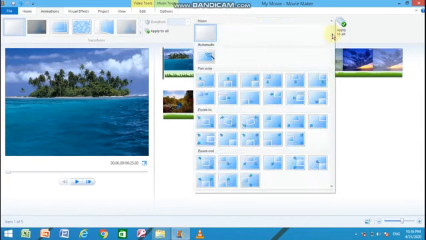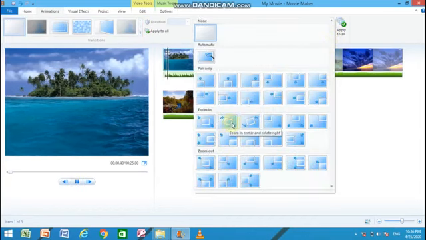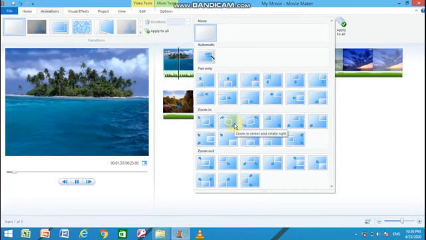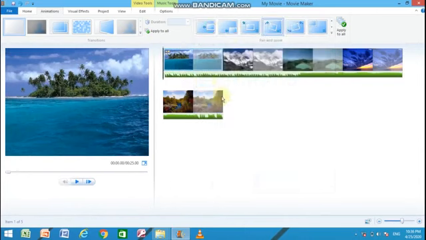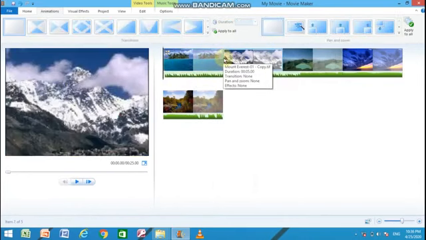There are various types of transition effects you will get here. Let's select it for the first part. Second transition here between these two pictures, that will be like this.